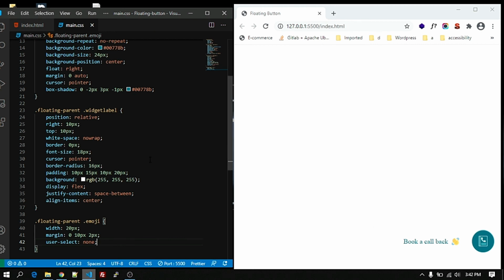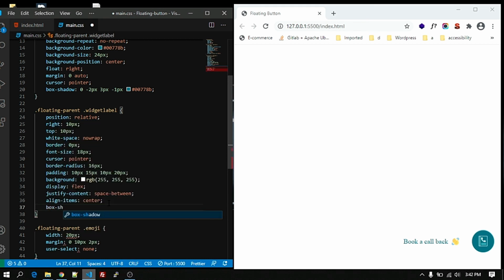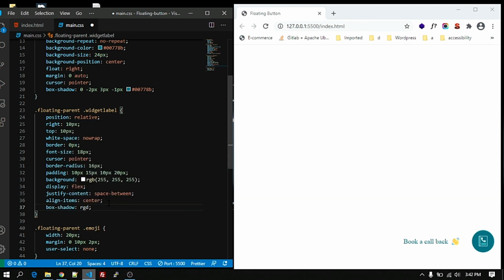Let's add some back shadow also for this. The back shadow will be like RGB 0, 18, 46 divided by 24%, 0 pixel, 8 pixel, 32 pixel, and 0 pixel.